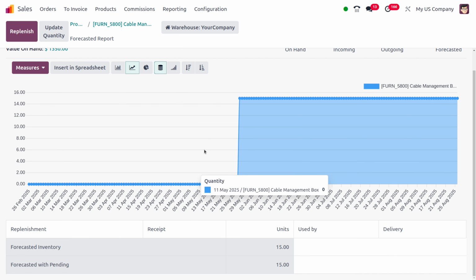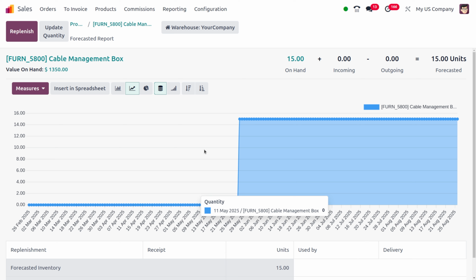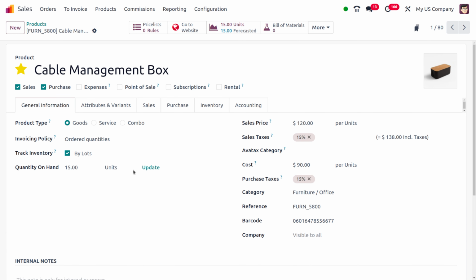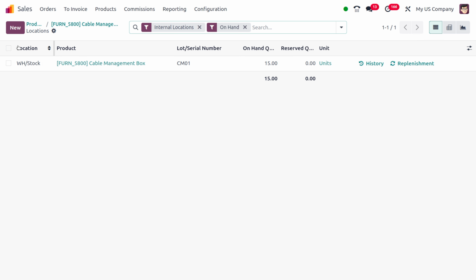In this case, you can see that it will be stored under WH stock. Here we have the option to update the quantity. As you click on update quantity, here you can find the location. So once it's done, what we have to do is we can just move on to the orders,